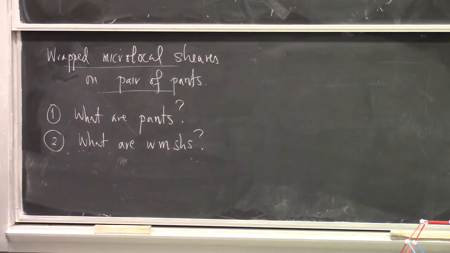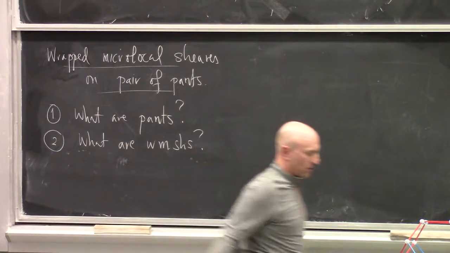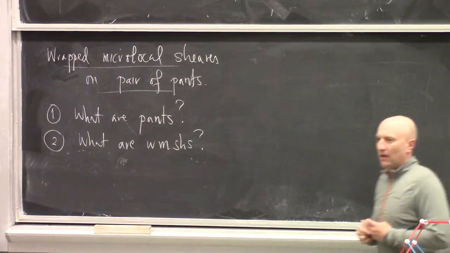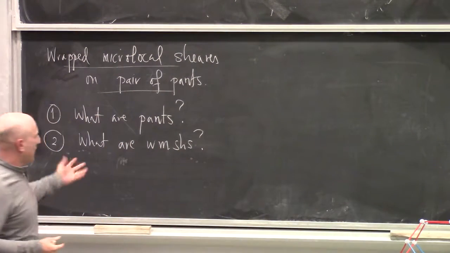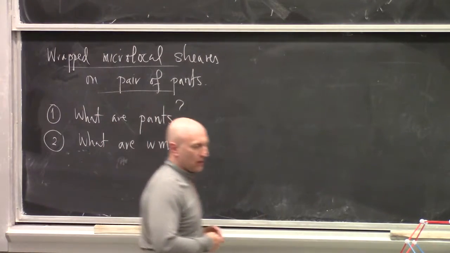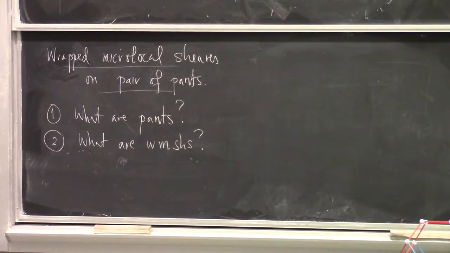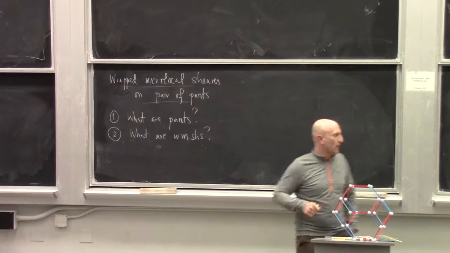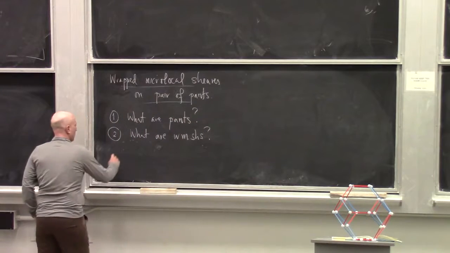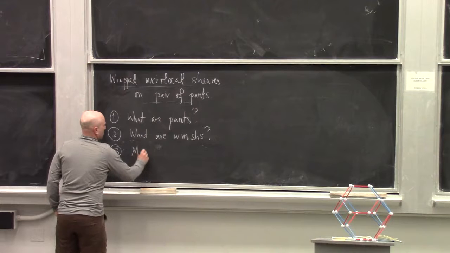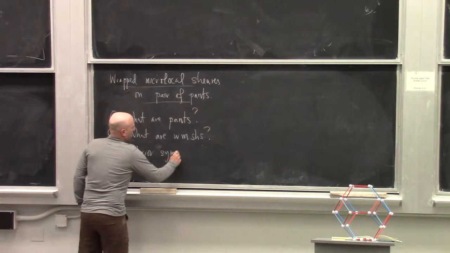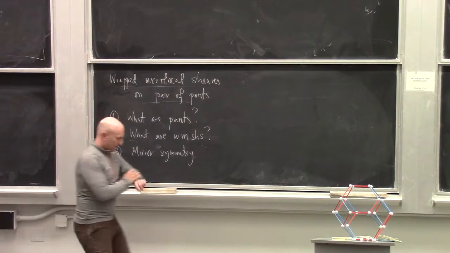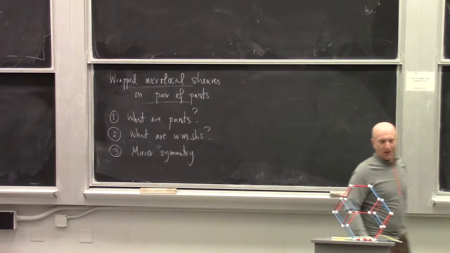So maybe the name conveys, there's a growing dictionary between Fukaya categories, Floer theory, and microlocal sheaves. I'm going to explain how to add one more entry to this dictionary. There's a version of the Fukaya category called the wrapped Fukaya category. I'm going to explain a wrapped version of microlocal sheaves, which is an appropriate object to think of in this situation, because what we want to do eventually is homological mirror symmetry for the pair of pants. I don't know how far I'll get, but that's some sort of outline of what's going to happen.